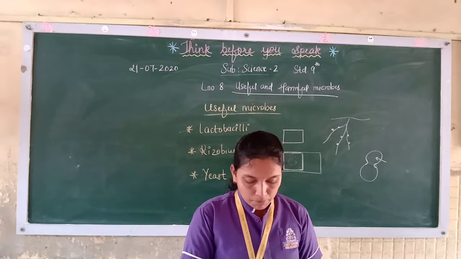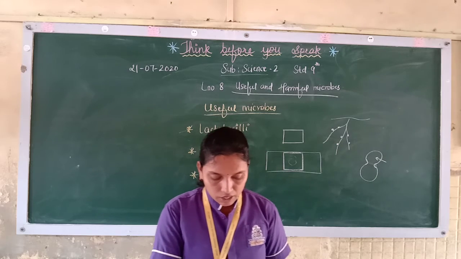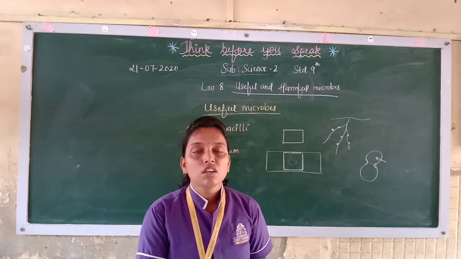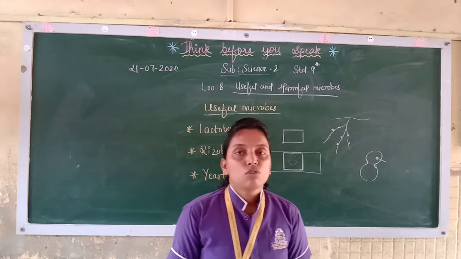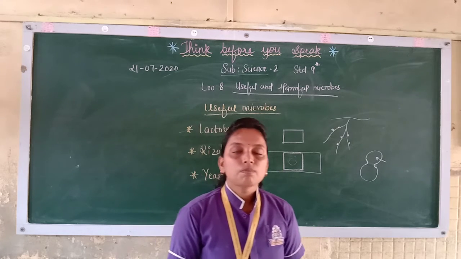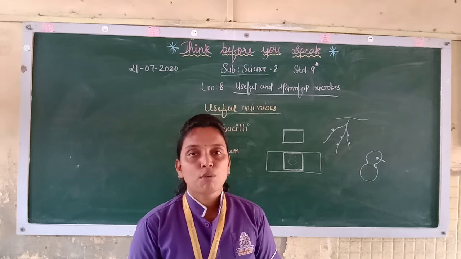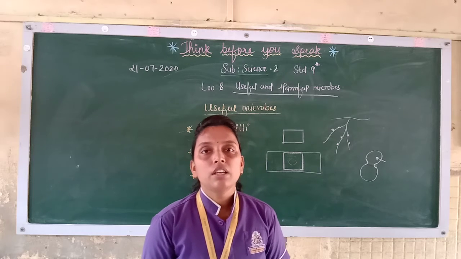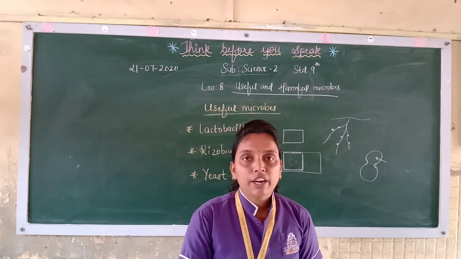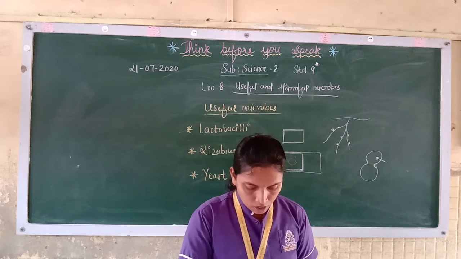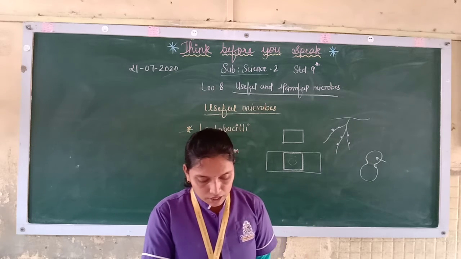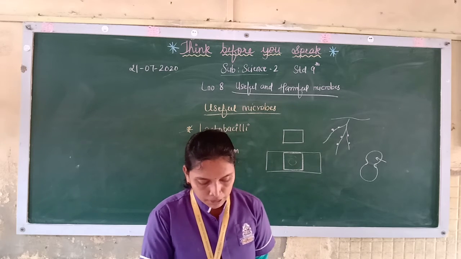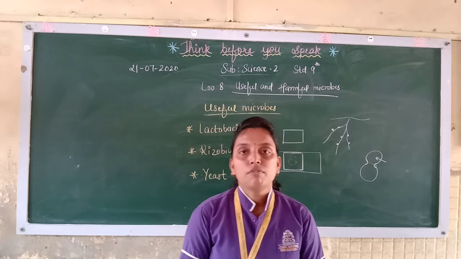So in the above experiment, yeast grows and multiplies very quickly due to the carbon compound in the sugar solution. Now sugar, as you know, is glucose, C6H12O6. So there is carbon in that. So they got their food in the form of that carbon compound, that is the sugar. So they multiply quickly when they get food. They divide quickly. In the process of obtaining nutrition, yeast cells convert the carbohydrate in that solution into alcohol and carbon dioxide. This process is called fermentation.